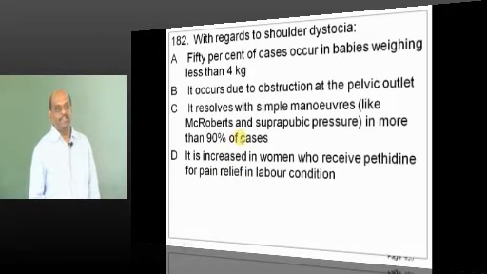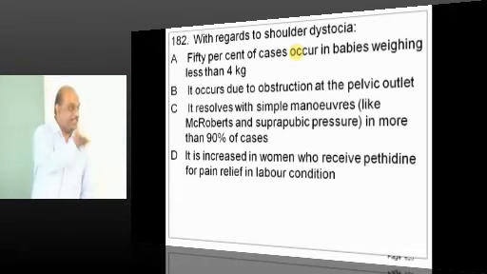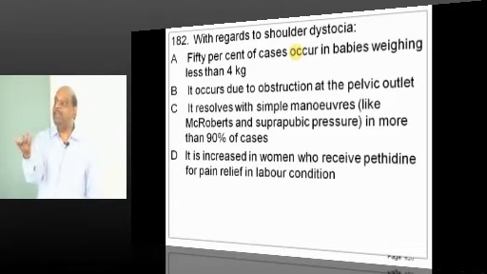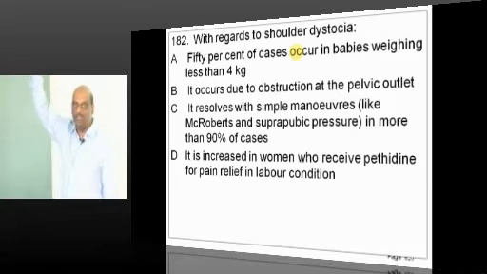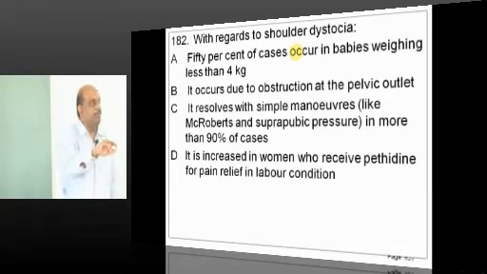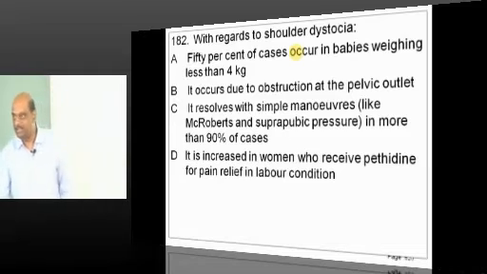Confident answer. You are afraid to answer A, no? You think that every time only if the baby is big then only shoulder dystocia occurs? 50% it will occur if the baby is more than 4 kgs, and 50% it will occur if the baby is less than 4 kgs. That's the reason there is no preventive measure. If it were only occurring in macrosomic babies, you could use preventive strategies. But they found that it can occur even in a normally weighing baby in 50% of scenarios.